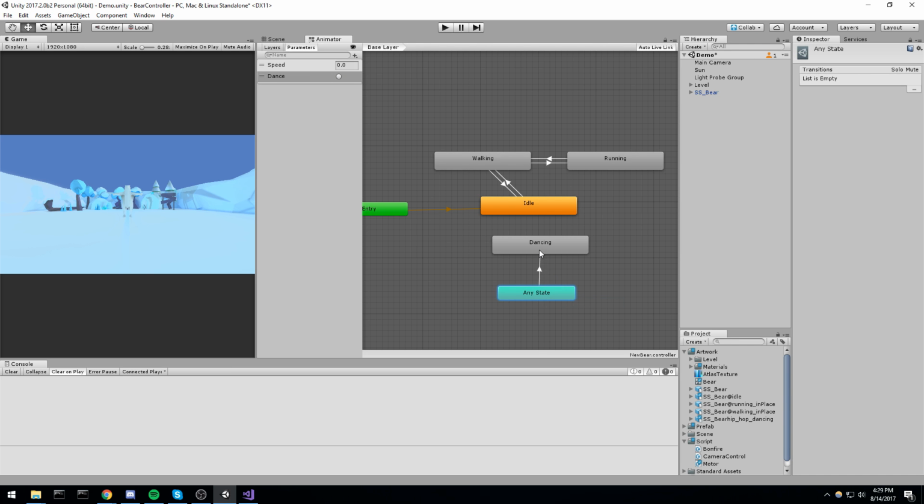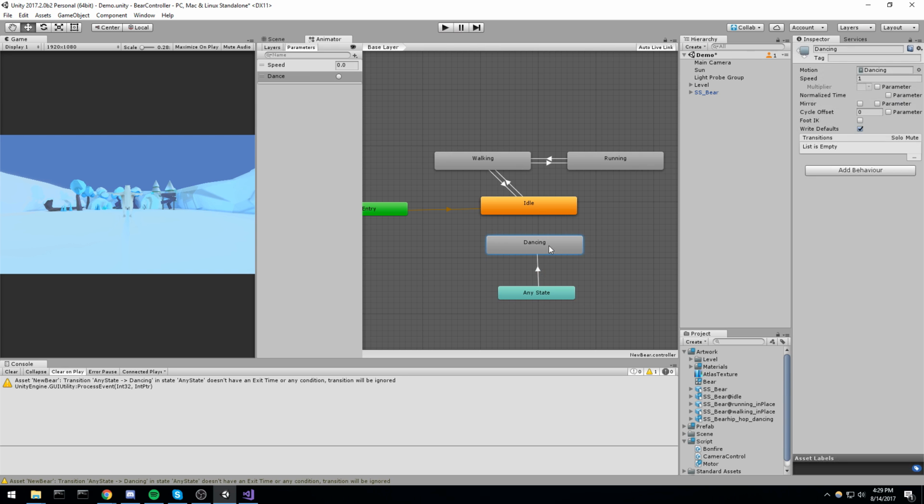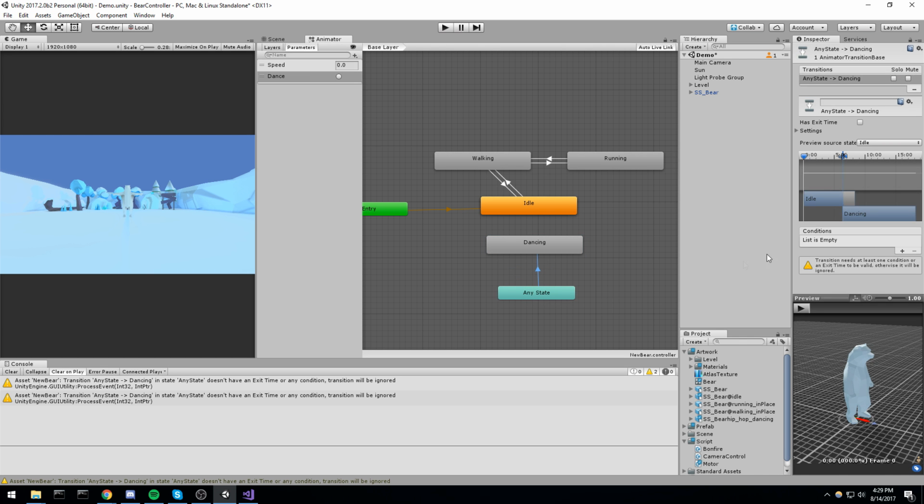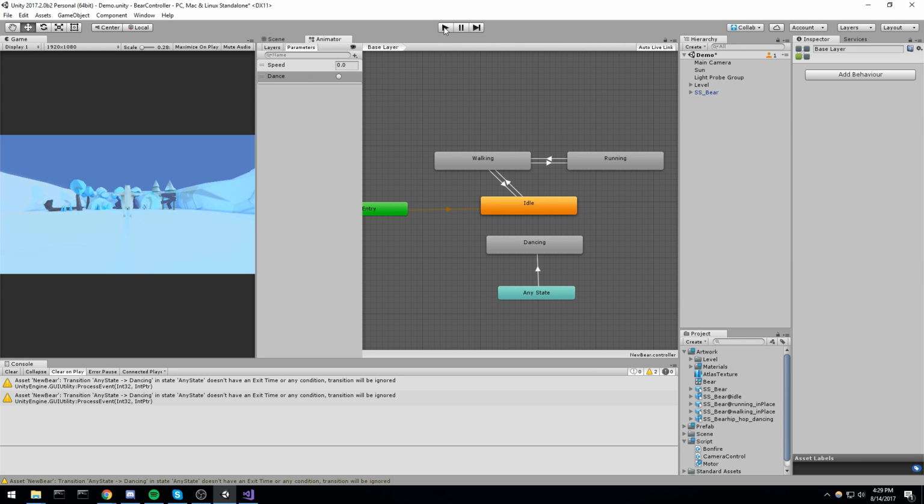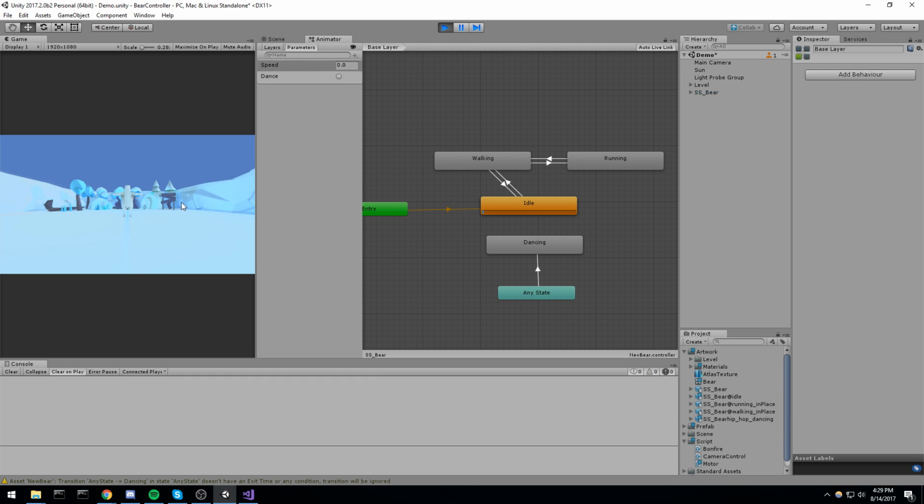Let's make a transition. Now from any state to dancing, there is this transition. Let's click on it and add the condition dance. This one doesn't take in any parameters simply because it's a trigger, so you're only going to call this once and it's going to act as a go now directly kind of deal. So if we start playing the game and I manually trigger by clicking here, my bear is going to start